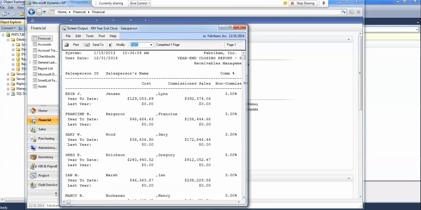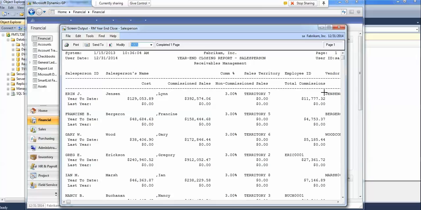And the second report we get, if you have salespeople in sales territories set up,